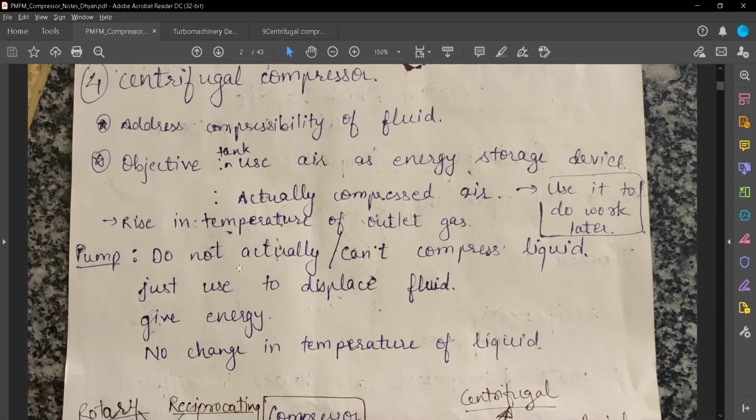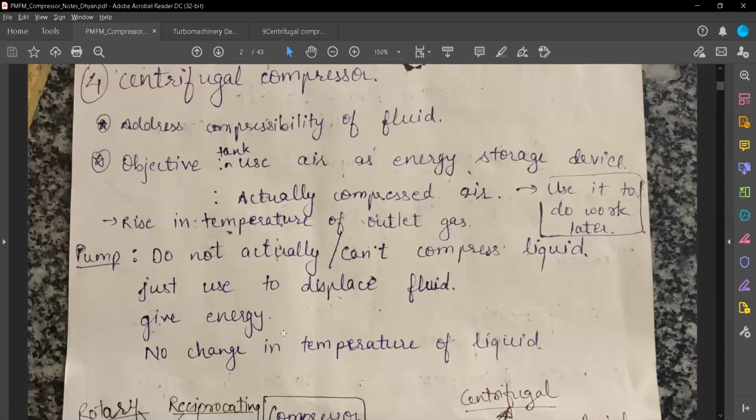What they do is they just displace the fluid. So there is energy provided to the machine, that is the pump, and it gives kinetic energy to that fluid, and that kinetic energy results in an increase in pressure somewhere else. So we are just displacing, we are pushing the liquid using some kinetic energy. We put in mechanical energy. That mechanical energy gives kinetic energy to the fluid, and the fluid passes on. That kinetic energy will eventually convert into pressure energy, and that change in pressure energy is generally seen by an increase in the elevation of the fluid. So that Z gain is the pressure difference, that is the static pressure gain.